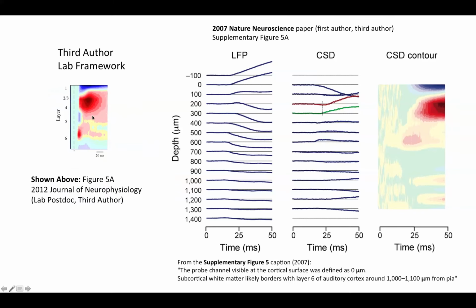And again, just to show you the explicit framework in the lab, even as recently as a couple months ago in 2012, you can see that they clearly call this early sink in the middle layers a layer 6 axon collateral, and they peg both layer 4 and layer 2-3 up here. In fact, this really tells you what their framework is. Their framework is that this is layer 4 activity and this is layer 2-3 activity. And that by comparing these two traces, they're comparing early layer 4 input with later layer 2-3 activity, which is just not founded, it's not supported by a quantitative approach to representing the data.